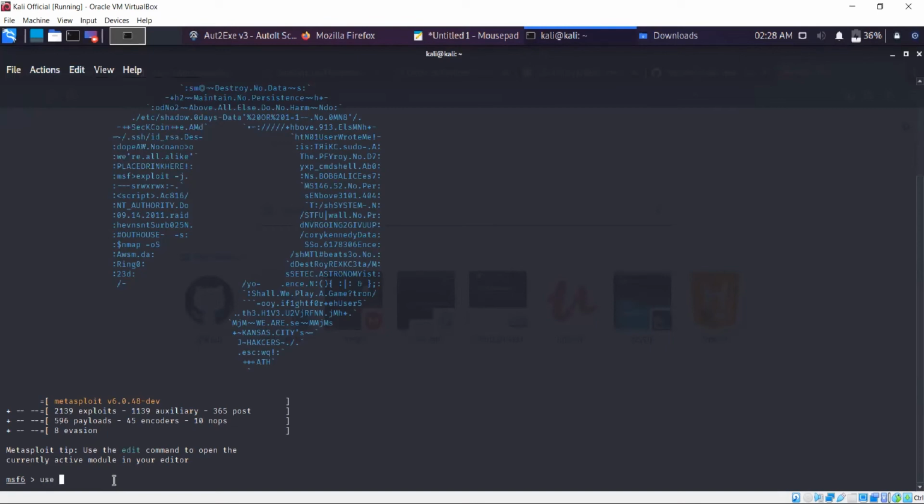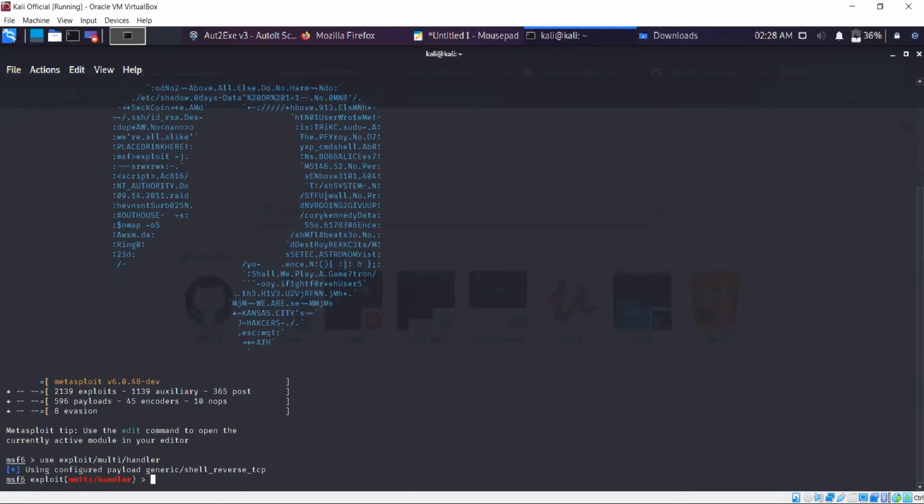So the exploit we will be using for listening into the connection is exploit multi-handler. This is the exploit you use in order to listen into the connection. So once your target clicks on that .exe, a reverse HTTPS connection will be established to your machine. Once that happens, you will have full access to his machine. So now, once you use this, I'll paste this in the chat box.